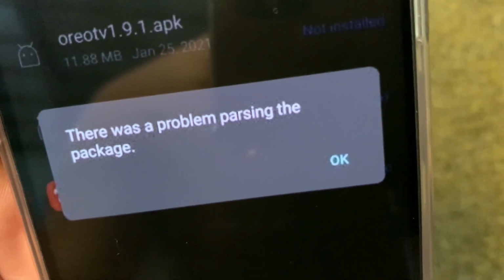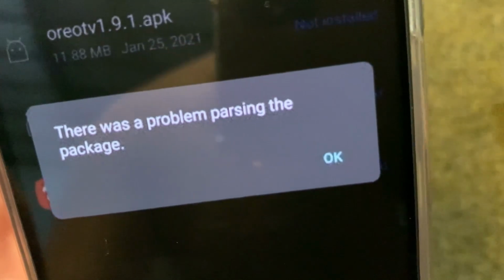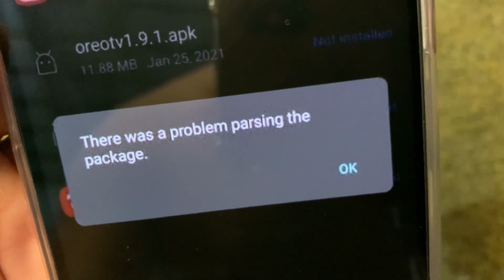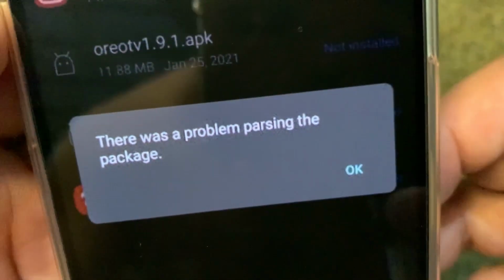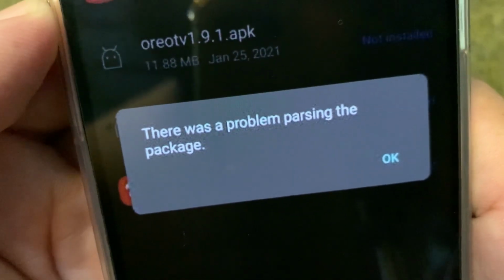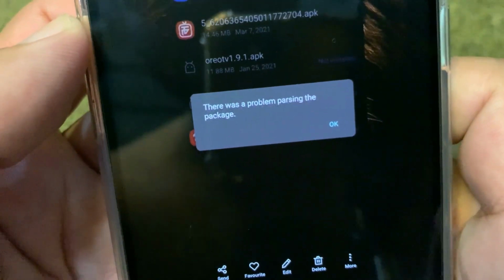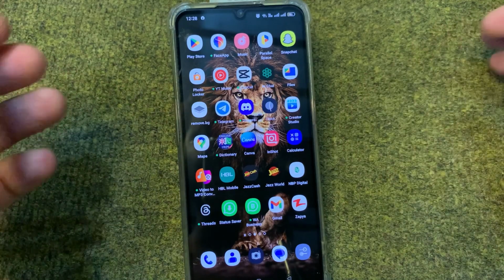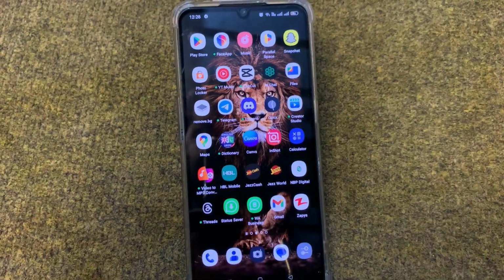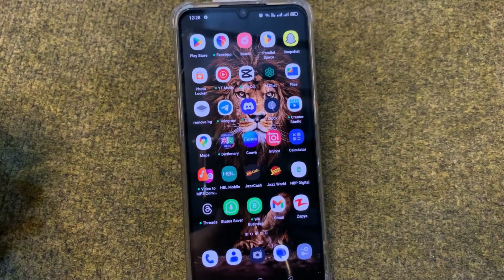fix there was a problem parsing the package. So guys, if you are trying to install apps in your Android phone and you are facing this problem, here I will show you how you can fix this. So guys, first of all, go back to your home screen. And after this, here I will give you some possible suggestions and solutions that will help you to fix this